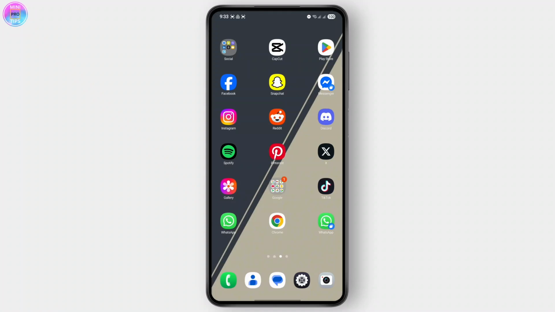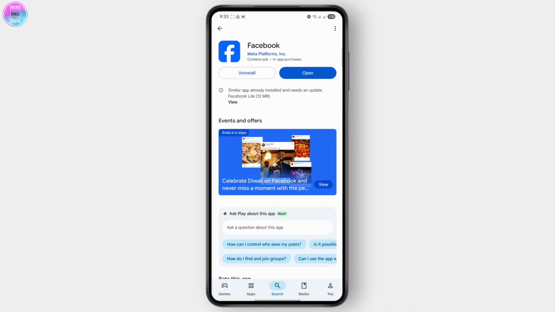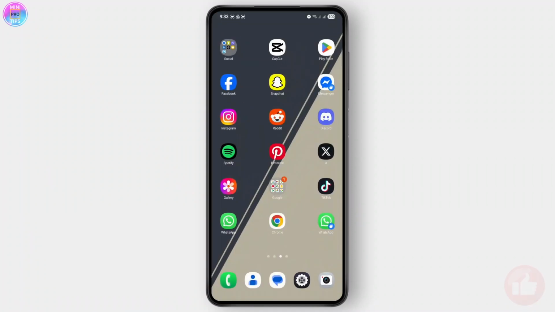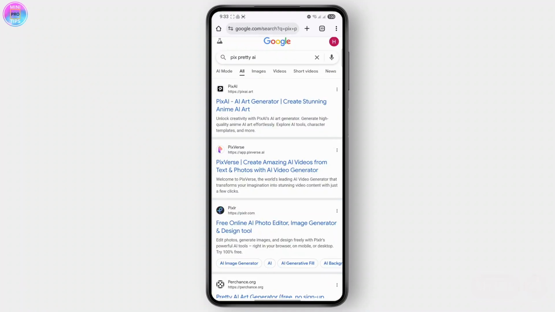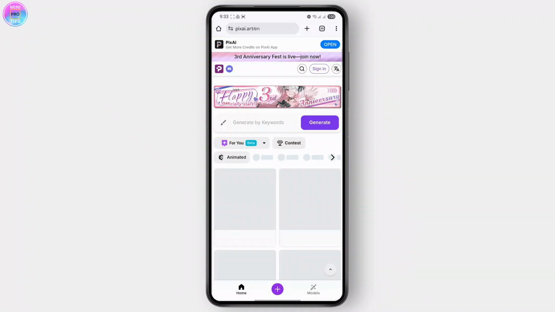PixPretty AI. So all you have to do here is go to your web browser and search for PixPretty. So I'll just open it up and then search for PixPretty AI. So on the PixPretty AI, you need to click on the first link that you see here, pixai.art. You can also try to use other websites as well, but I found the best one that works is this